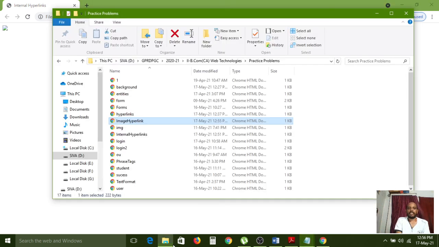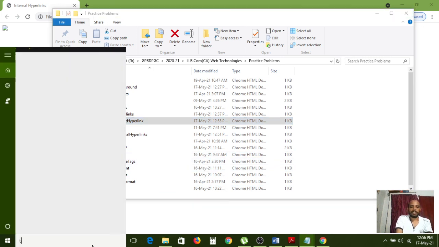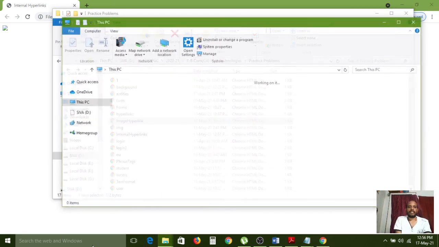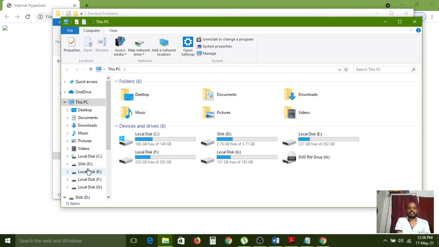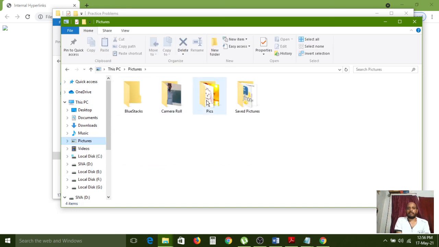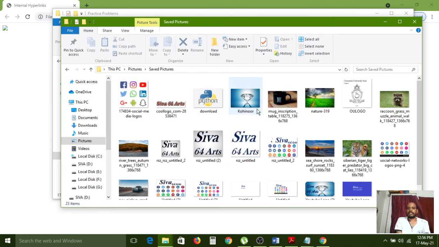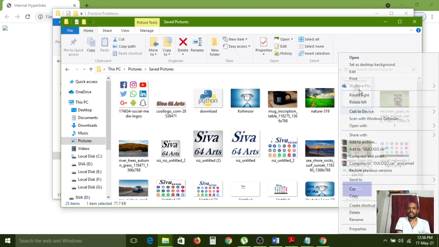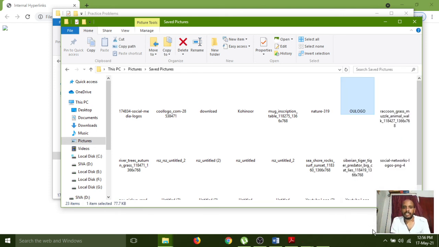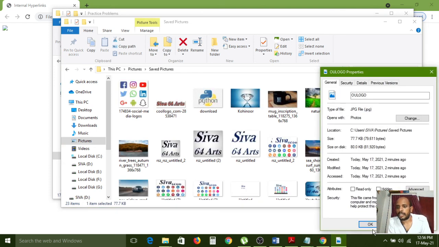So for that, first we have to see whether the picture extension is .jpeg or .jpg. The extension is mandatory, so that's why I check the properties. Now I see it is .jpg, not jpeg.